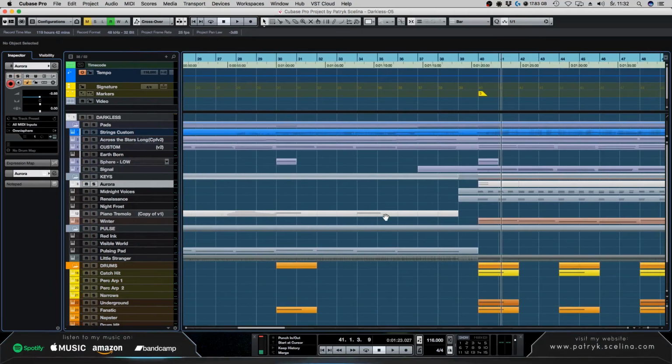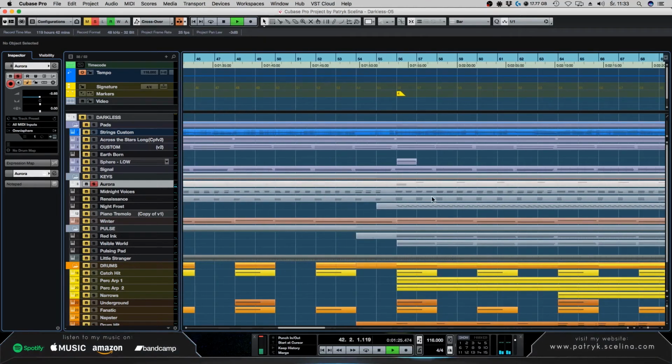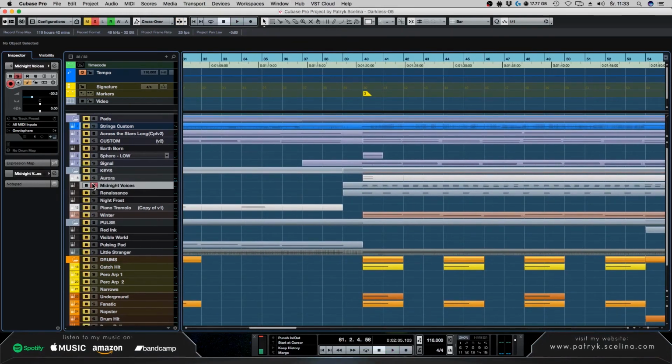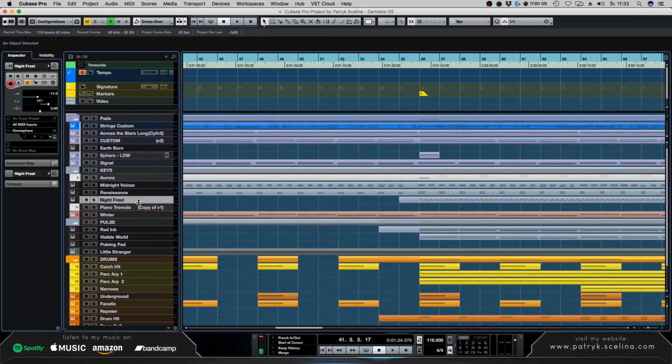Let's go here to the keys. Yeah, so this is just a preset of something like piano. I play it very low. However, here I play it also high, just to get this pulse. Okay, so here we have also something a little bit like a glockenspiel, Midnight Voices. I probably use the preset. I don't think I changed anything here. Maybe a little. And also with this one, I don't remember changing anything really heavy. However, I probably changed this patch a little bit, because I wanted to have something driving